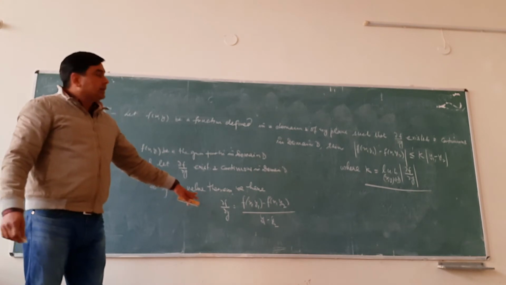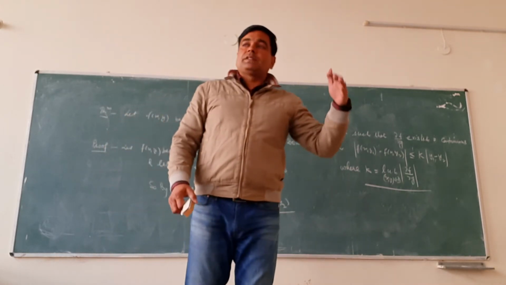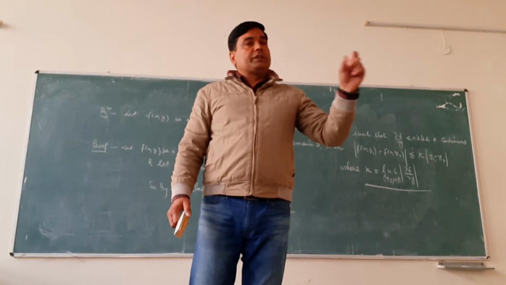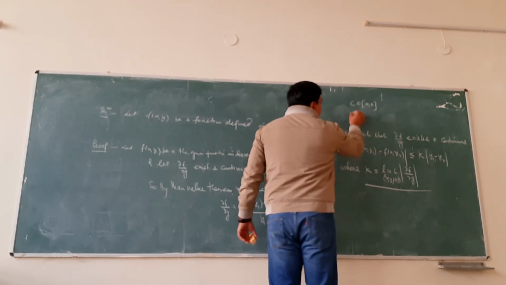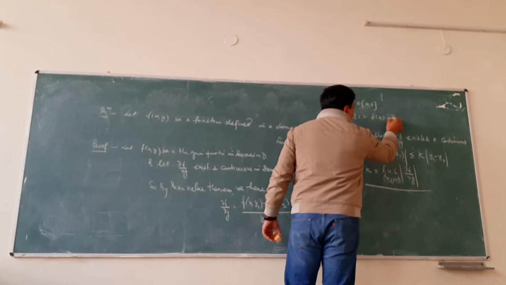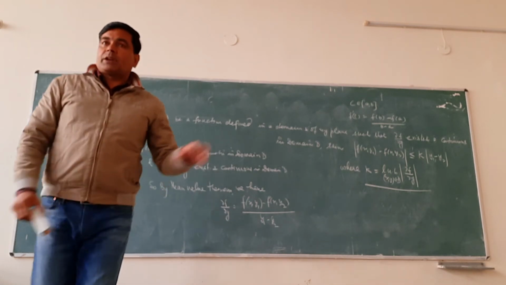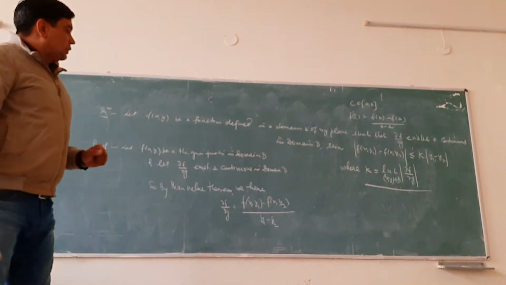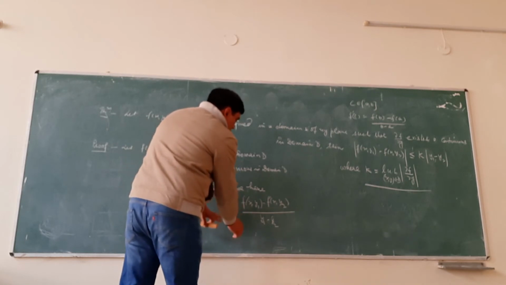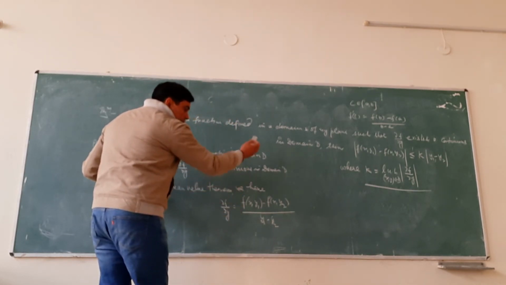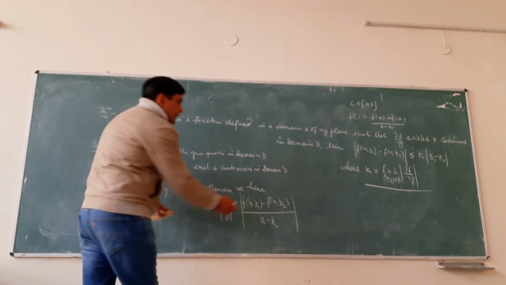What is this mean value theorem? You have studied this in graduation: if a function is continuous in the closed interval and derivable in the open interval, then there exists a number c in the interval (a,b) such that f dash c is equal to (f(b) minus f(a)) over (b minus a). You have studied this theorem in this way. So we have this one. If we take modulus on both sides, we will have this one,